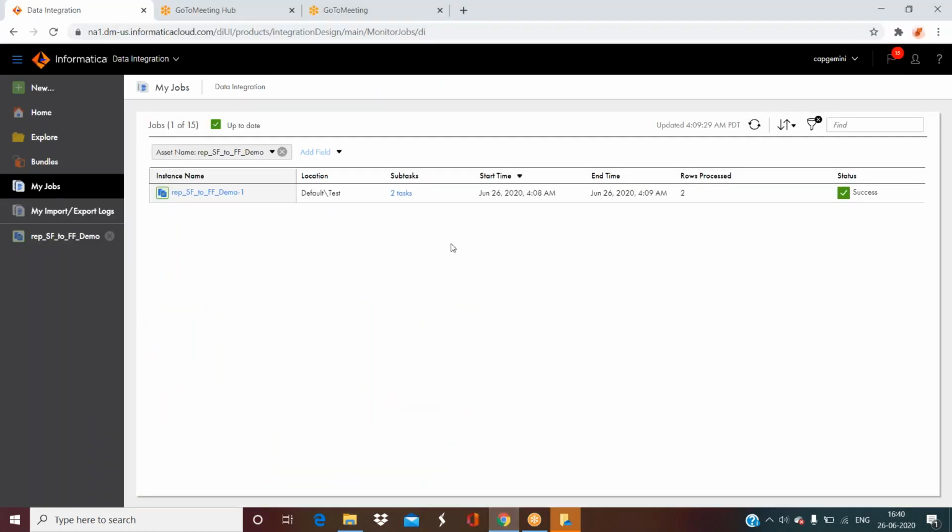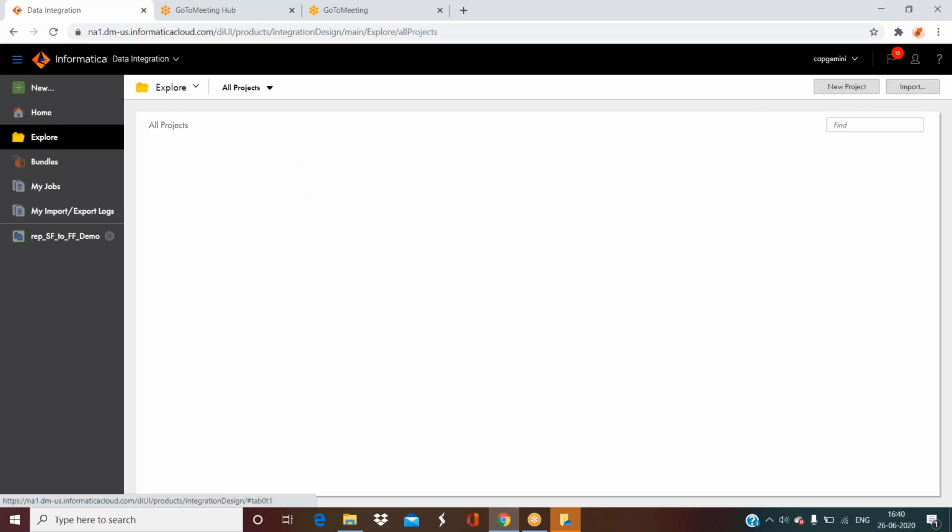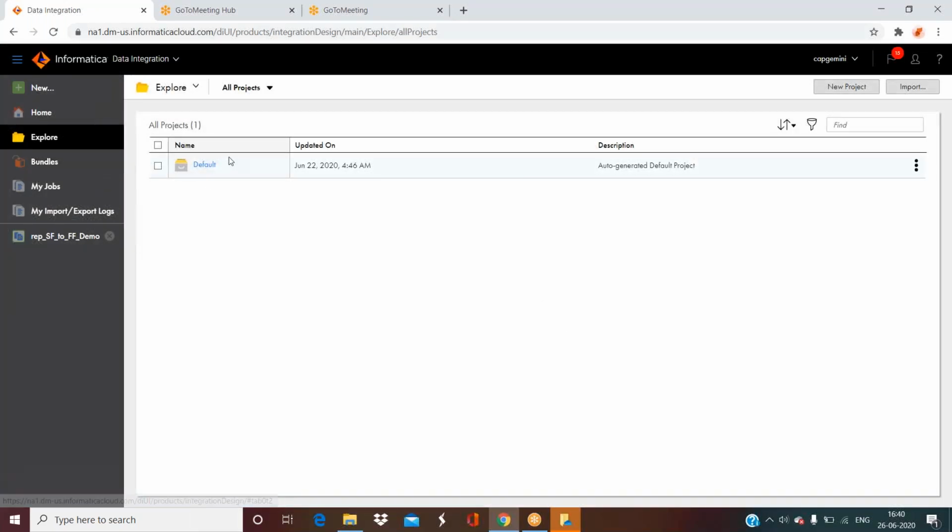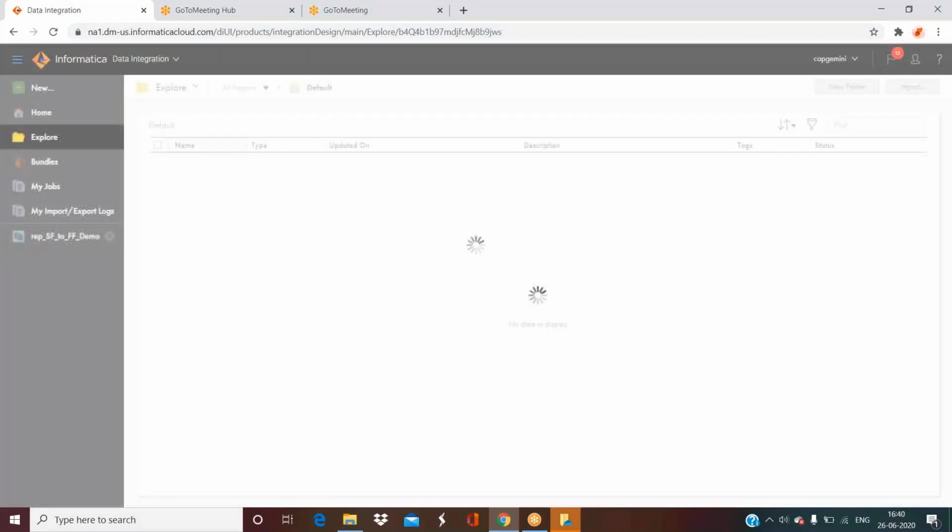Okay, and in the replication task, there are two other options. I'll explain what those two options are. Let me go to that task.